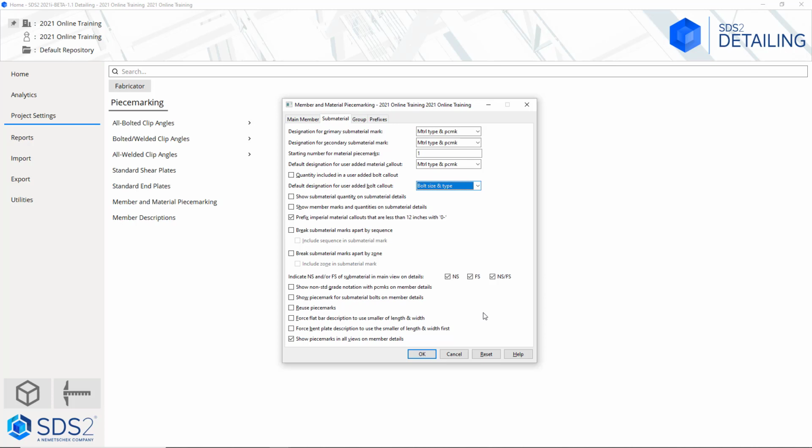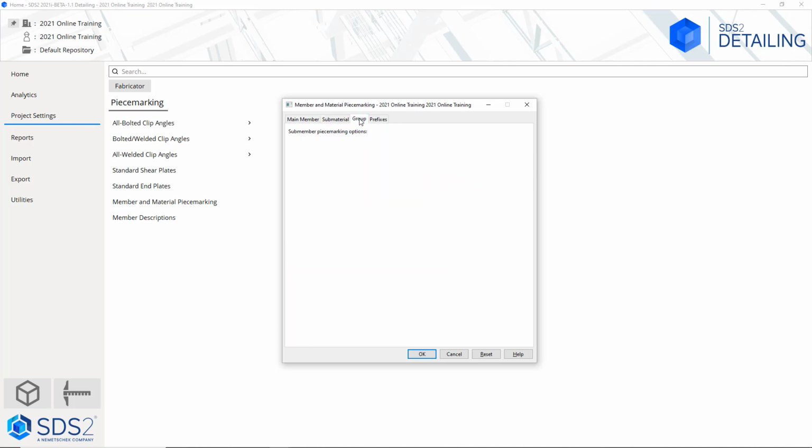We can force flat bar descriptions to use the smaller of length and width, and force bent plate descriptions to use the smaller of length and width first. And we want to show piece marks in all views on member details. In the group tab, for submember piece marking options, do we want to combine all like submembers contained within all